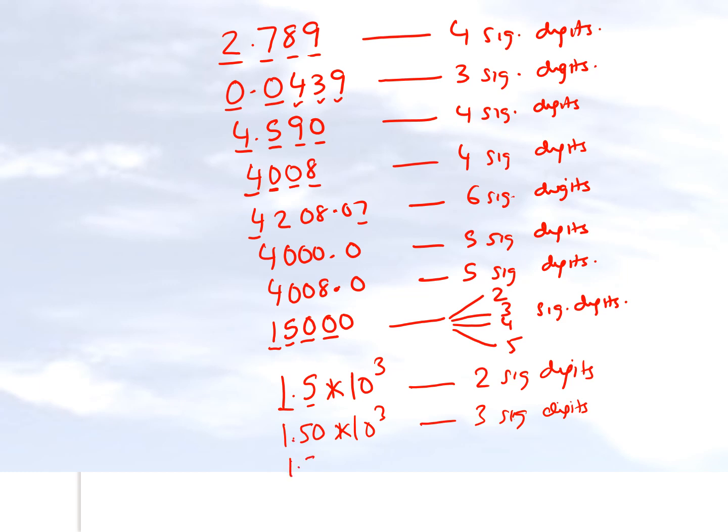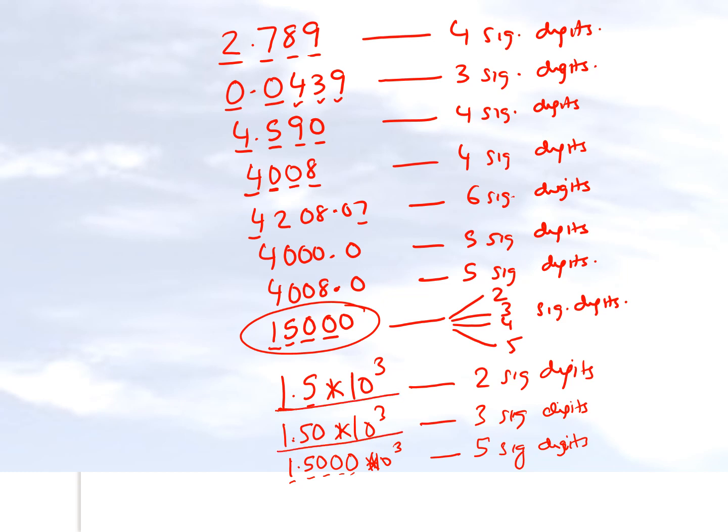And then if you have 1.5000, let's suppose, times 10 to the power 3, all the numbers which are in that 15,000 are considered to be significant. You write 1.5 followed by 3 zeros, and this will have 5 significant digits. And what all of this does is that it takes away all the vagueness of representing the number like this one, where it can have 2, 3, 4, or 5 significant digits. If you want to signify exactly how many significant digits one can rely on, then you'll have to rewrite it in the scientific format.